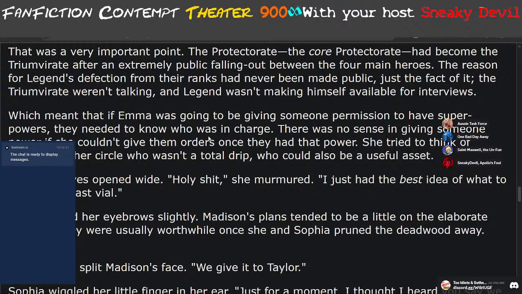Okay, so this is an AU where the Slaughterhouse 9 fell apart 7 years before canon happened, and instead of them attacking the Quadumvirate, whatever you want to call them, and Hero dying, instead they lasted long enough due to the Slaughterhouse 9 not existing that the Triumvirate broke apart due to,